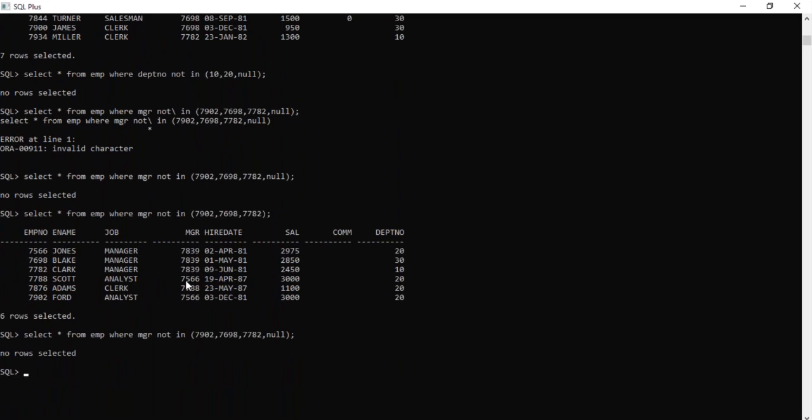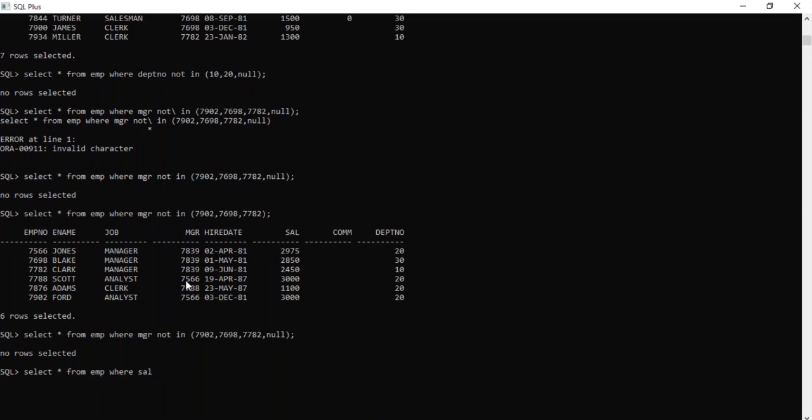Now apart from that, there is another important operator. For example, select star from emp where salary between 2000 and 3000, no problem. See, it will display the data.